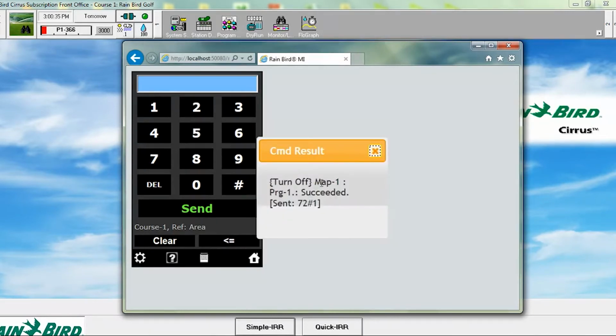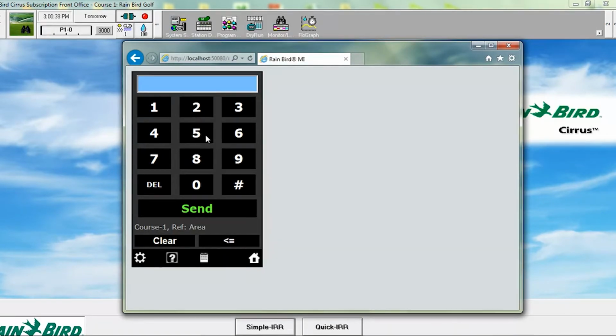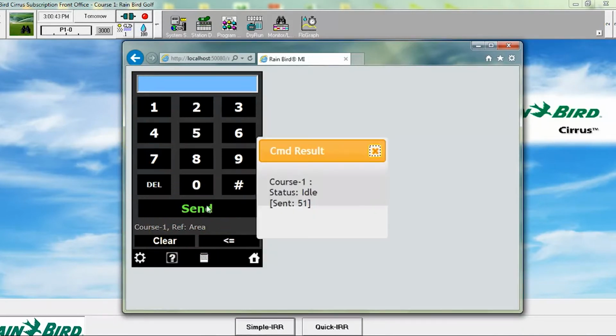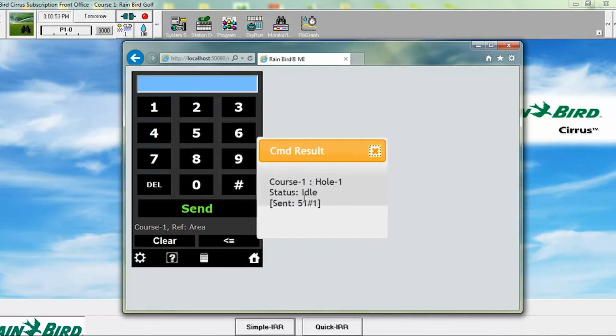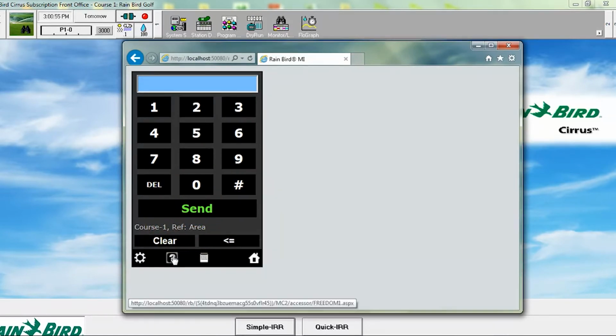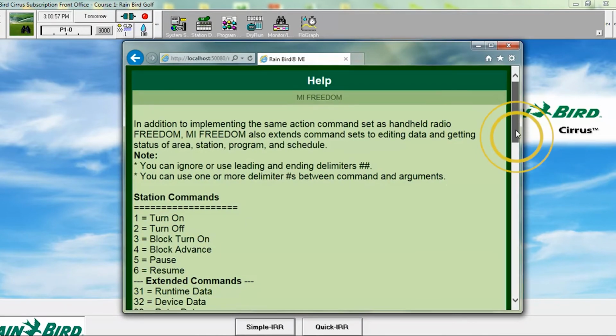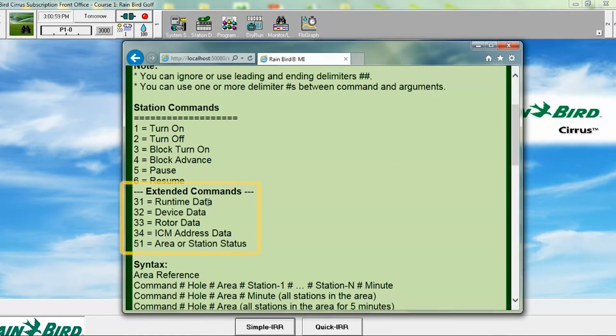Now that it's off, we can enter command 51 to see if anything on the golf course is currently running. And as you can see, the system is idle. We could then use command 51 to see if anything is running specifically on hole 1, which confirms Hole 1 is idle. To recap, in this video we reviewed the Freedom MI extended commands, which include runtime data, device data,